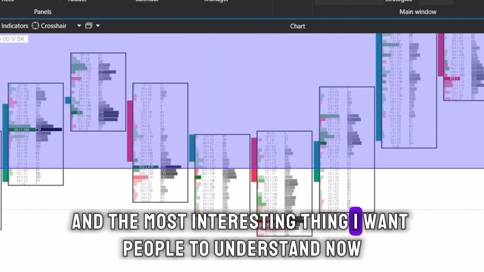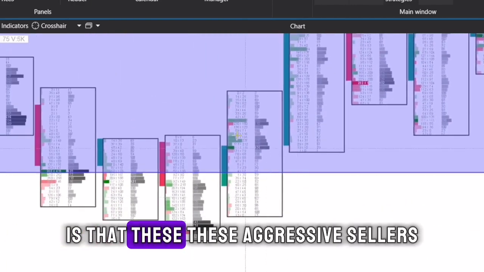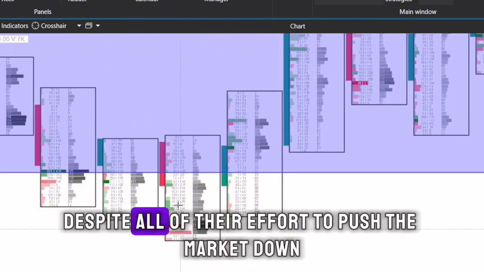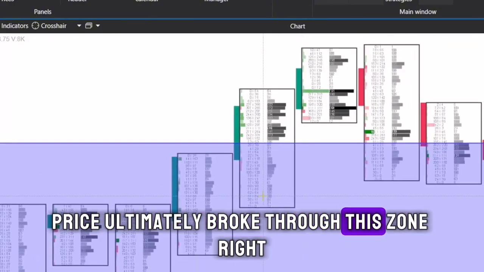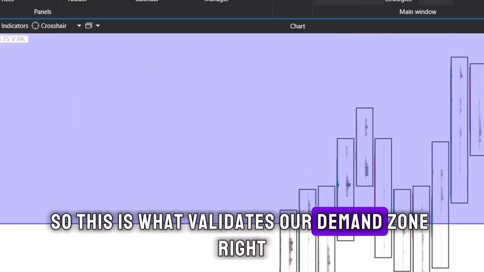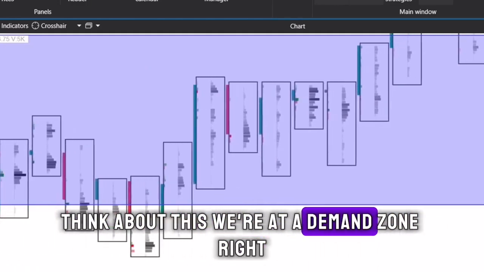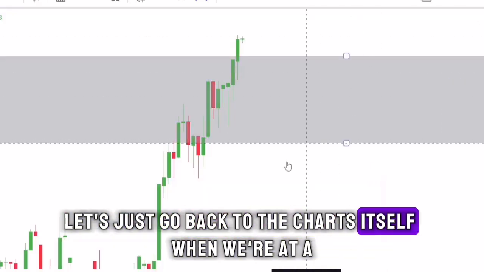And the most interesting thing I want people to understand now is that these aggressive sellers, despite all of their effort to push the market down, price ultimately broke through this zone, right? Price broke through this zone, as you can see, right? So this is what validates our demand zone, right? Think about this. We're at a demand zone, right? Let's just go back to the charts itself. When we're at a